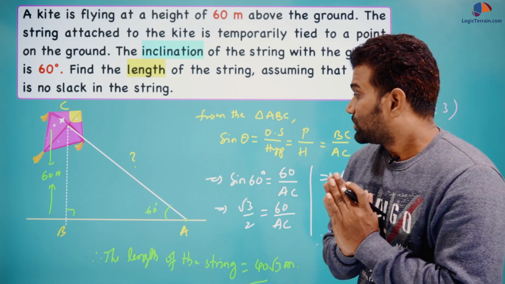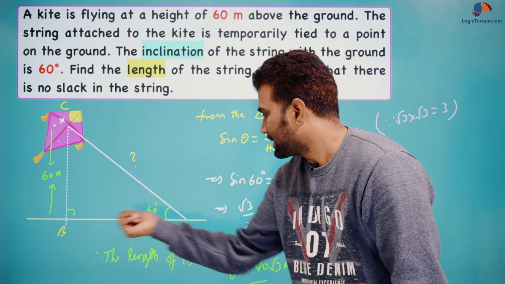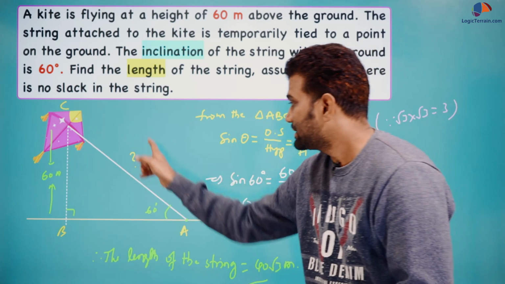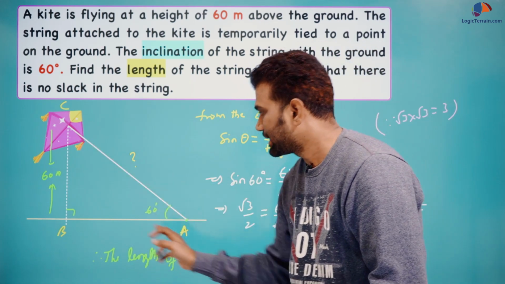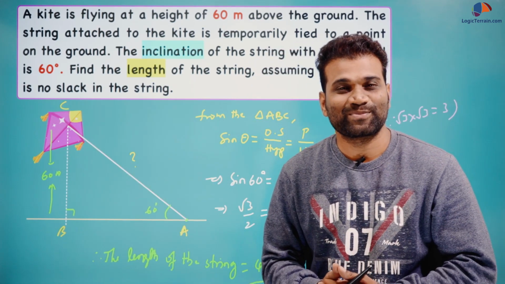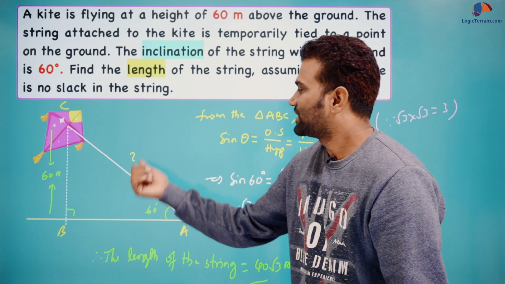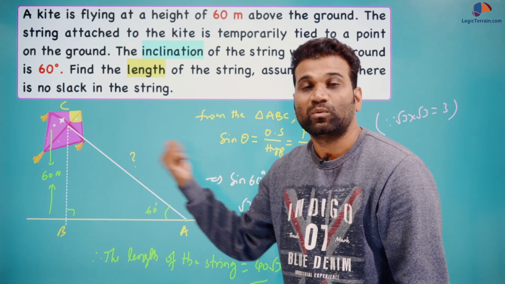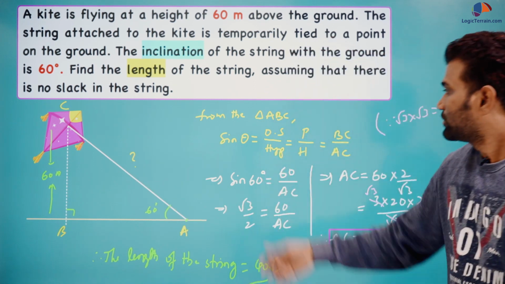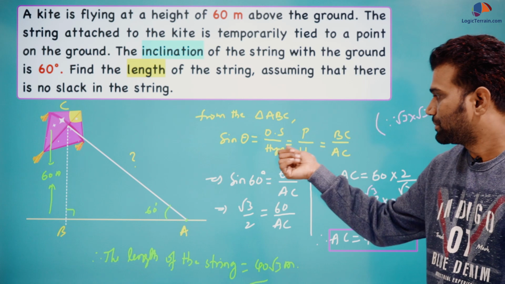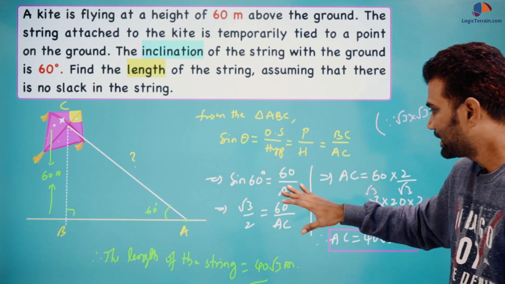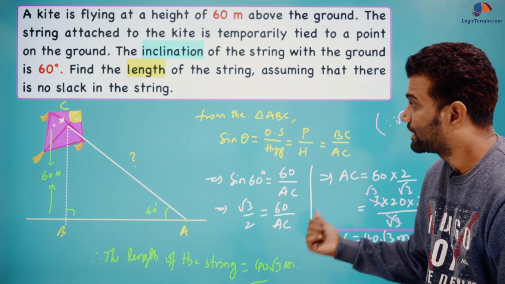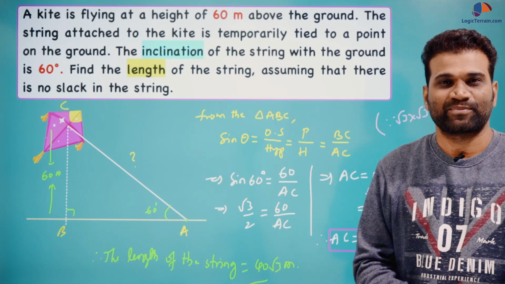Okay. So we are given the height, we are given the angle. Here we need to find the length of the string, which means this one. Again, using a right angle triangle, which trigonometric ratio? Yes, that is sin theta. We know the opposite side, we know theta, and we need to find the hypotenuse. So by using sin theta, opposite side upon hypotenuse, now putting in all the known values and simplifying further, we get 40 square root 3 meters. This is our required length of the string, right?